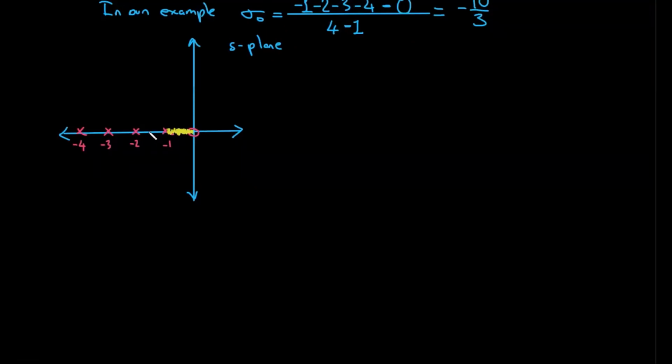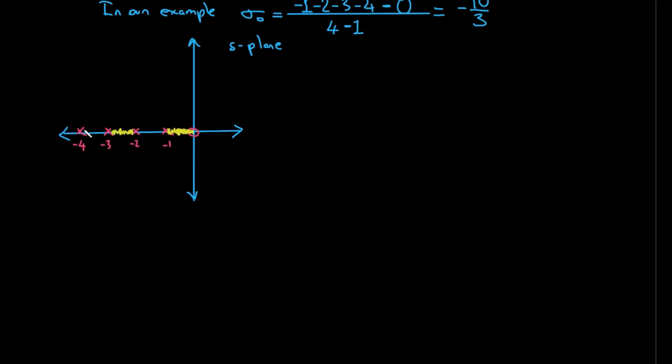If I pick a test point on the real axis somewhere between -2 and -1, I will have 1 pole and 1 zero to the right of it, which is an even number. Therefore, this is not included in our root locus. Okay. If I pick a test point between -3 and -2, I will have 2 poles and 1 zero to the right-hand side of that test point. Therefore, this segment, all the points between -3 and -2, on the real axis is included in our root locus,